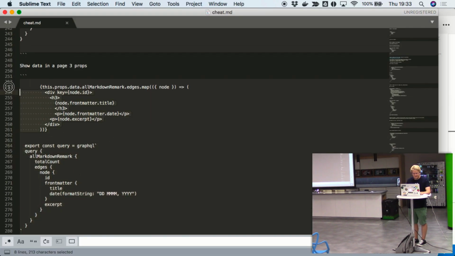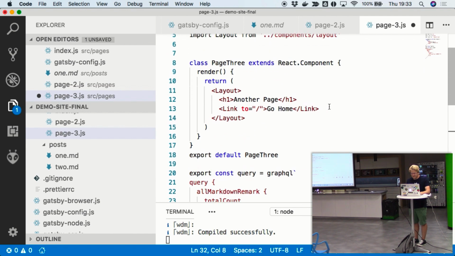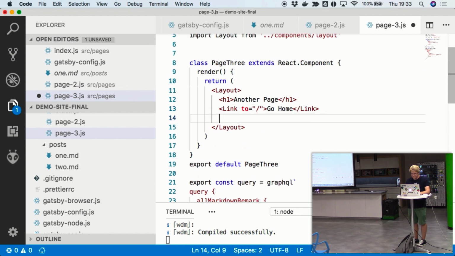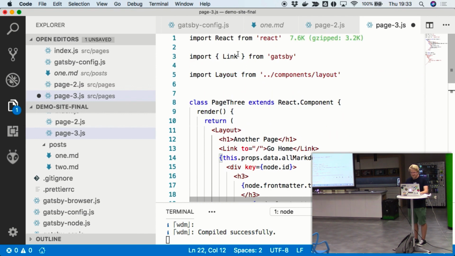And an example of that is here. So again, I'm just looping through each post, putting out some things. I think I need to add Gatsby here.